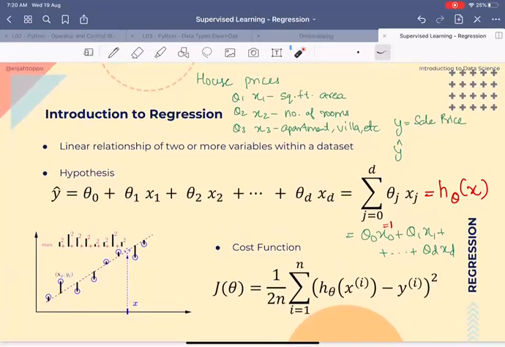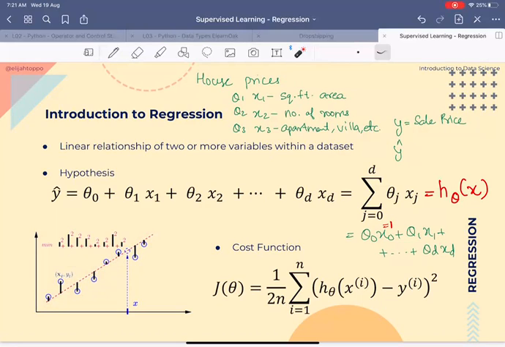In this case, I have a feature here on the x-axis, and this is the value that we are trying to predict. So this is x and this is y, and these circles here are the actual data points. For these data points, we are saying, if I try to fit them to a line, I get this line, and this is the hypothesis that we have learned. Using some machine learning method, we don't know how yet, but let's say we have learned that this is the line that is fitting the data.